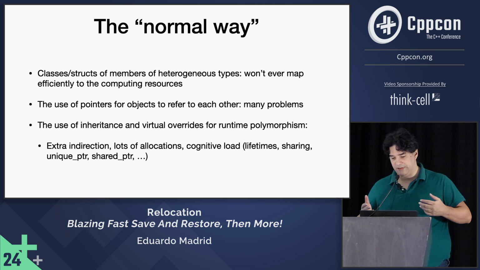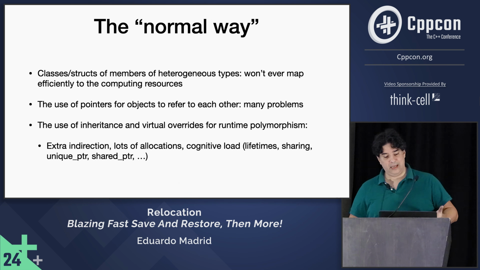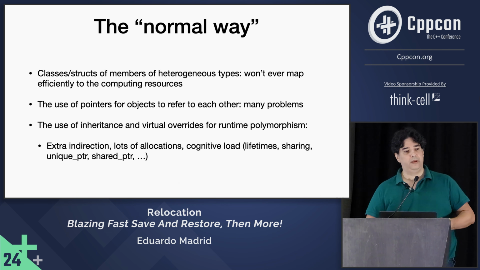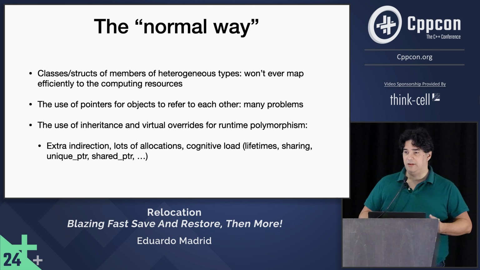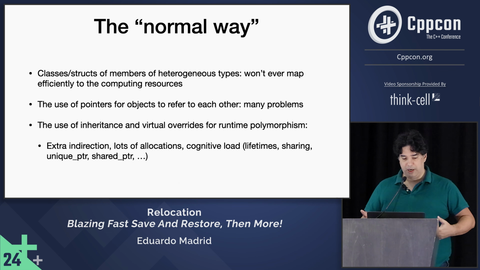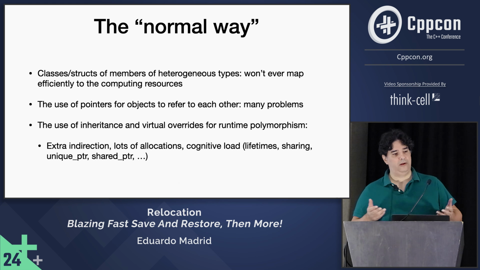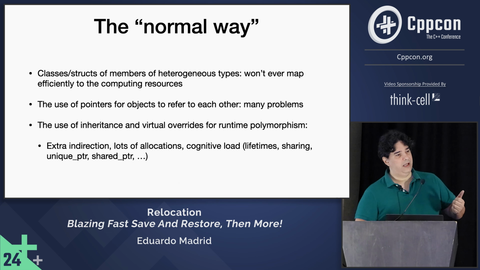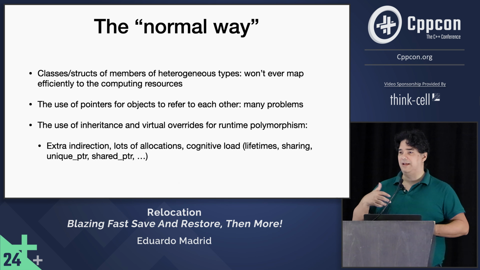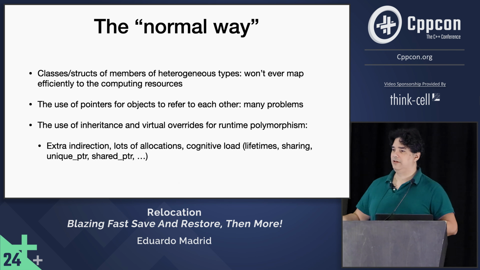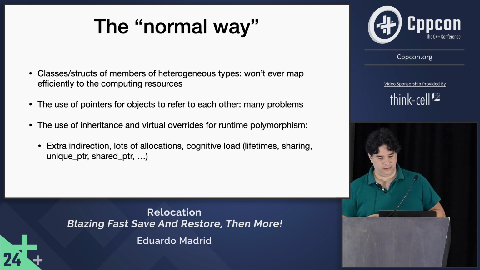The problem with this, of course, is that this incurs the penalties of an extra indirection, lots of allocation. It introduces a heavy burden of cognitive load of thinking about the lifetimes, the possibilities of sharing, because if it is truly expensive to do allocations for small objects, then you're going to have to minimize that. And to minimize that, then you're going to maximize the occasions in which you share state. And so those are the complications that